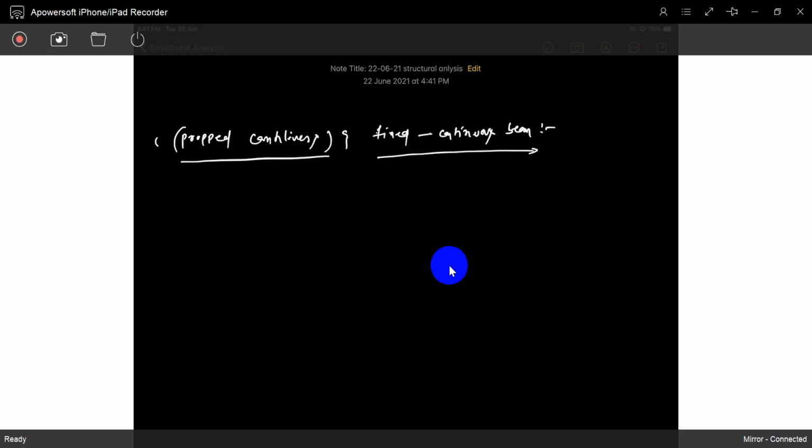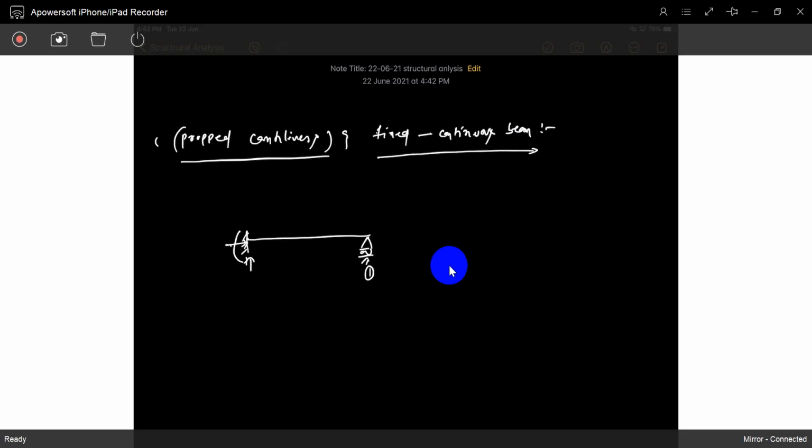See, for some general example, it is a fixed cantilever beam. What is the indeterminacy? There is no indeterminacy because it has 3 reactions and 3 equations. If you just add one support, it has 4 minus 3, which is 1 degree of indeterminacy. So every propped cantilever has 1 degree of indeterminacy. We will solve just 1. Next we go to fixed, 2 and more. It is a continuous beam.